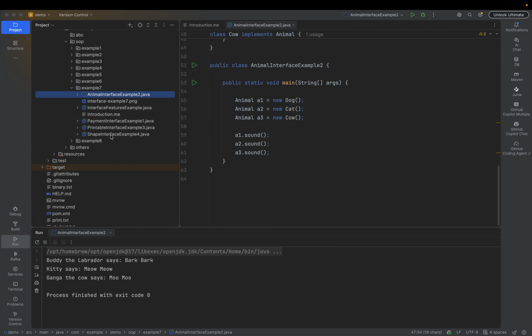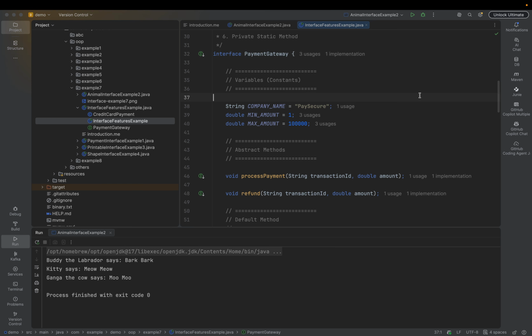Another detailed example of an interface is here. I have already written it for you in advance. It will contain everything. So this is the main class, and I have a PaymentGateway interface which has some common things. In this we have included